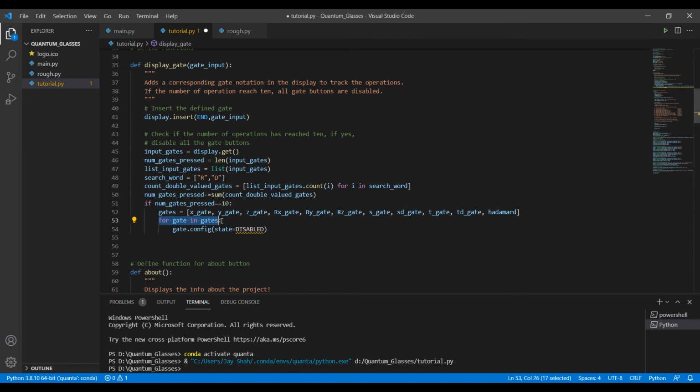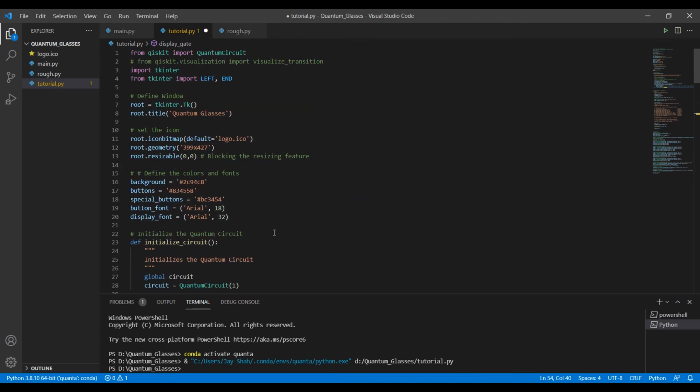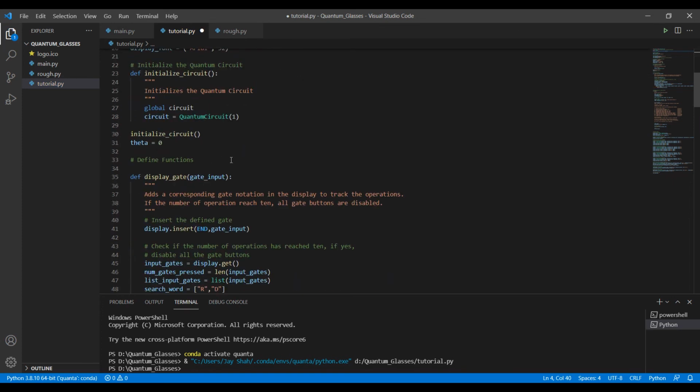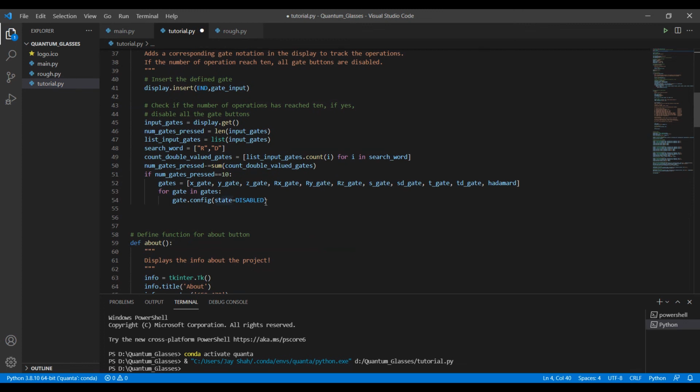Now this is showing me an error because I have not imported the keyword disabled. So let me just import it here. Disabled. There we go. And you can see the error disappear because we have imported the keyword. So what it does is gate.config state equal to disabled.